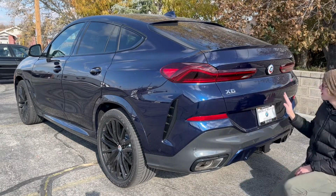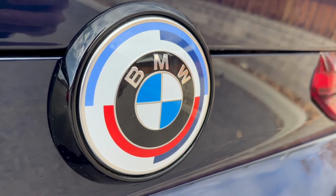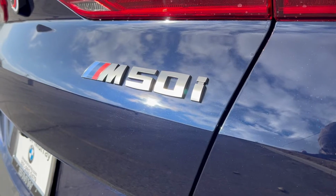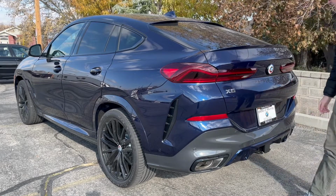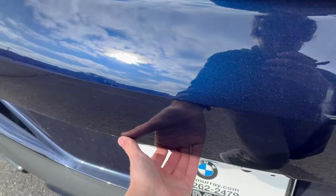But I do like this color. I like their new 50th anniversary end badges that are going on all the new cars for right now. I think that's cool, even though it's not technically an M. Let's check practicality. Now I believe, no, maybe not. Okay. I was expecting, you know, you to push the roundel in, and